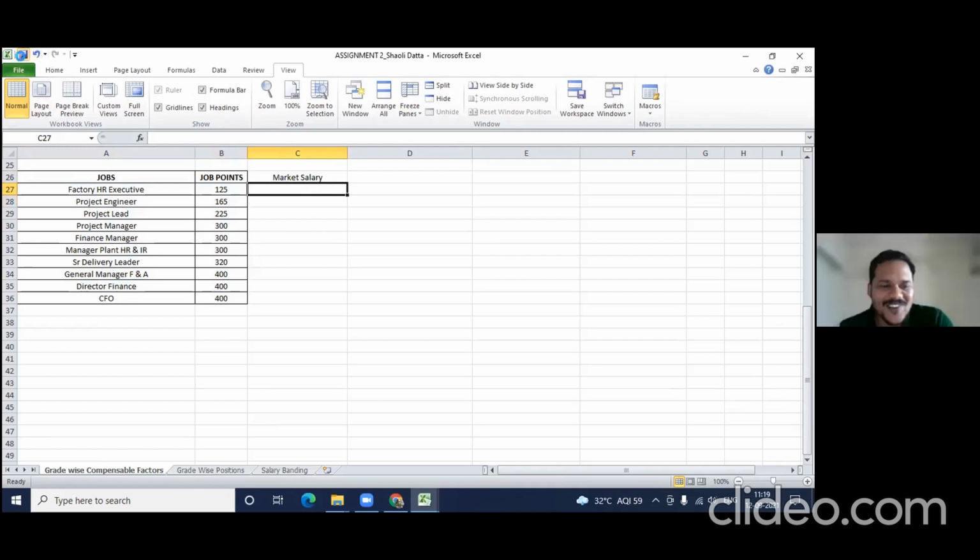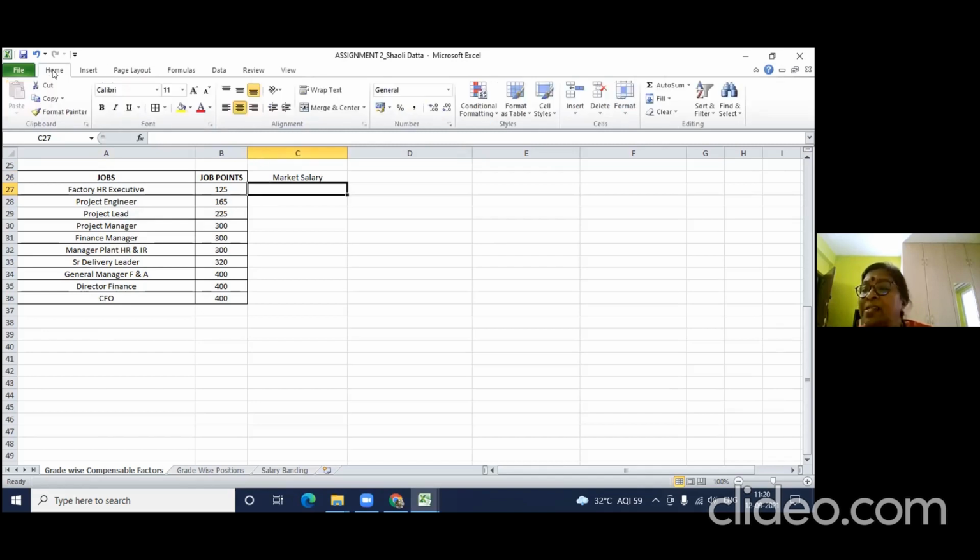Did you understand the step? What are we doing now? Yes. We are benchmarking with the market data after having done it quantitatively and arrived at the job hierarchy, which are job points. Now you have job points. In an organization, you will go back, check everything, and do iteration. Now the next step is getting the market data. So please get market data quickly per month.